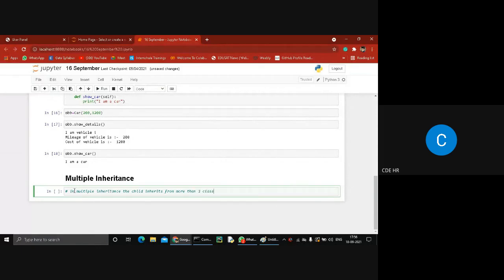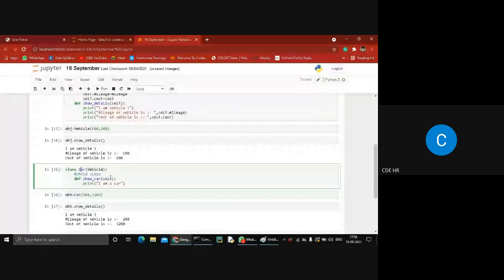So it means the child class inherits the properties of one or more parent classes.